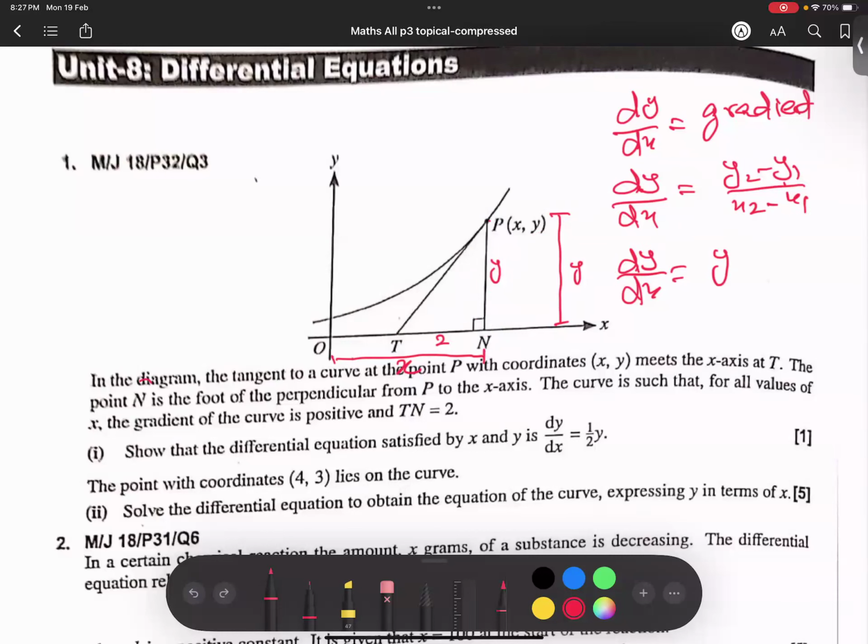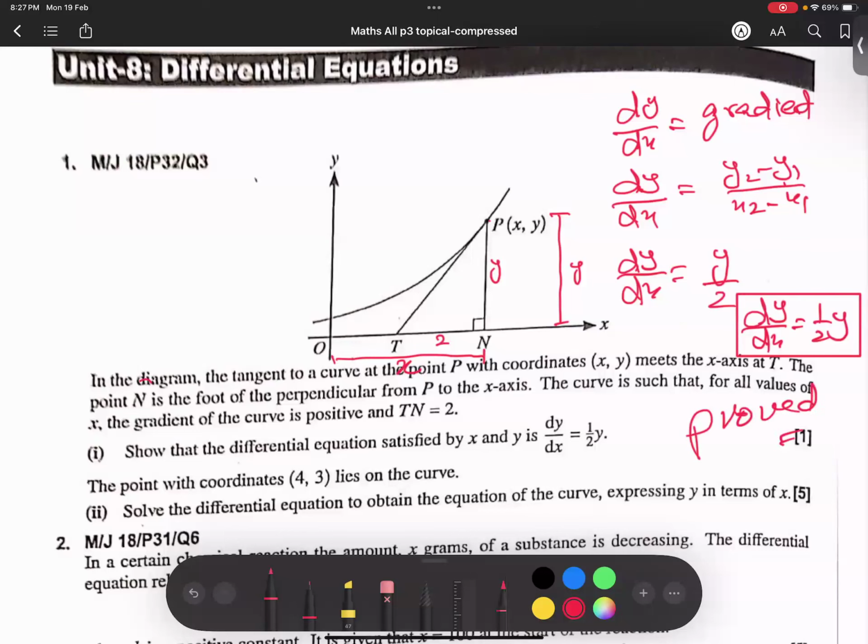Okay, so actually gradient is here. I talk about this line gradient. And this line gradient is, what is x1 y1 here, and what is x2 y2, what is the difference between them. Actually we always make a triangle in this kind of format, and what is the gap between here to there? So we can say this gap is 2, so that is why x2 minus x1 we can say 2, so y by 2. Or you can write in this format, dy over dx is equal to half y. So target is achieved,